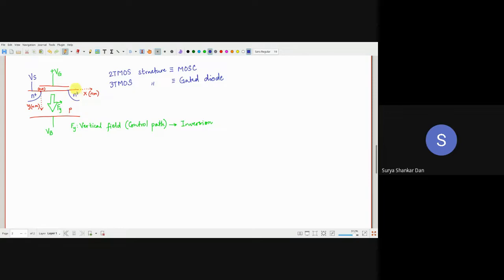Okay, and we will connect the VD. So that is the 4T MOS. This is basically the field effect transistor, so we will call it the MOSFET. Now, at the BTech level, we studied MOSFET as a device, but here we are going to find out what happens when we are adding one terminal after another.